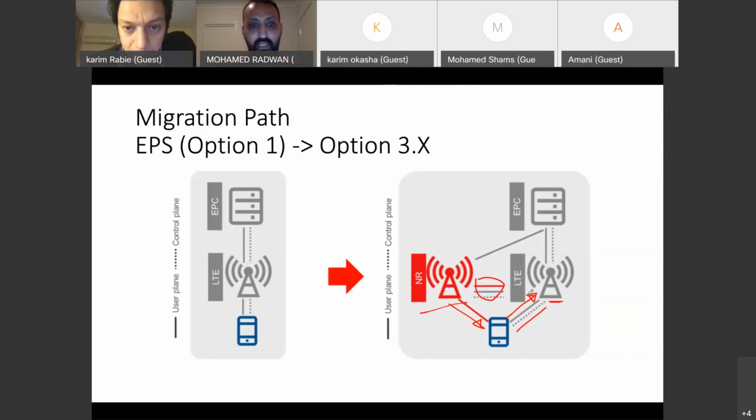Just to confirm, Karim, a couple of questions quickly. Let's say we are now in option 1 and we want to go to option 3. So we're expecting to have this new radio. I believe you touched base very quickly on it. I believe we, the operator, need to invest in some enhancement on the APC to support this new radio, especially this high bandwidth.